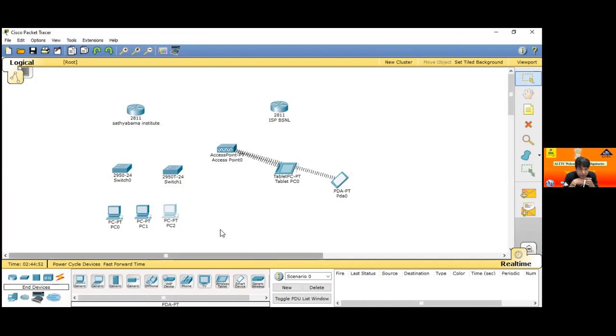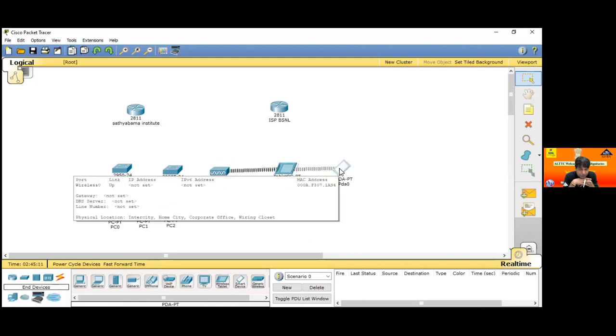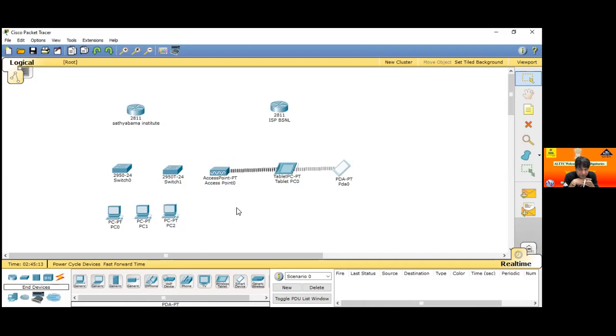Wi-Fi device, move it in the row of switch 0 and switch 1. I want to make it a proper line. And the same for devices, move to the location of the PC 1, PC 2 line. PC 0, PC 1, PC 2, so move this Wi-Fi device in the same line.